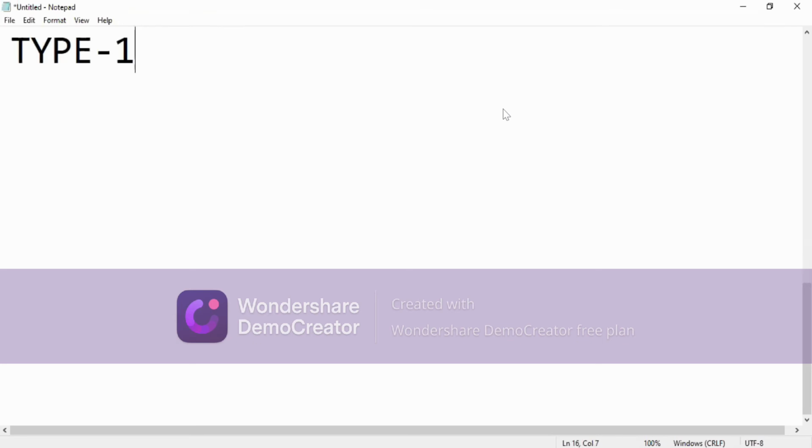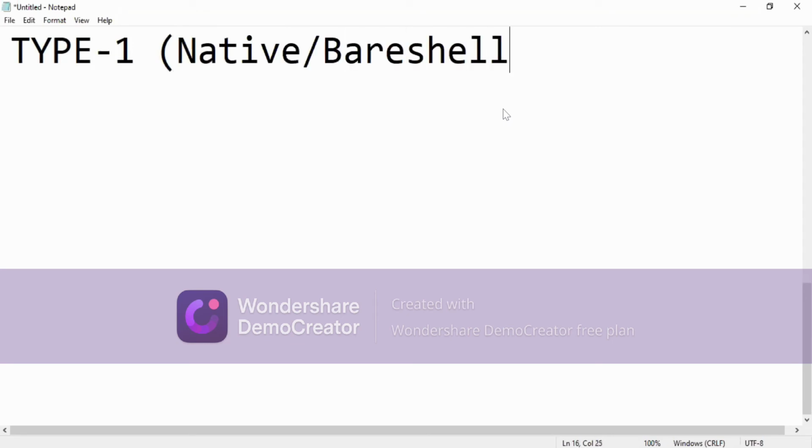Firstly, I'll go with type 1, which is called native or bare metal.